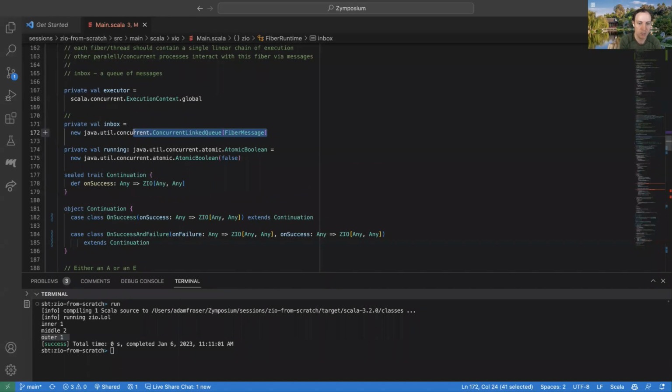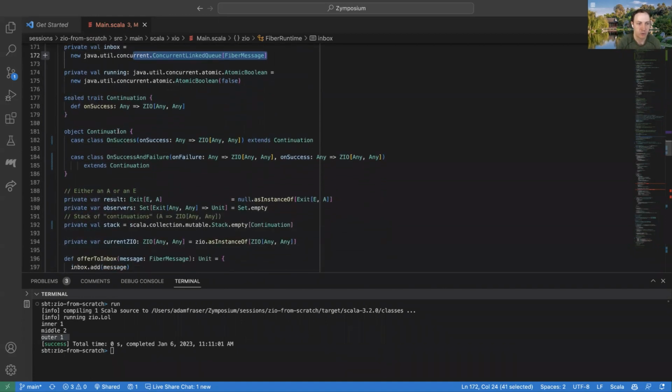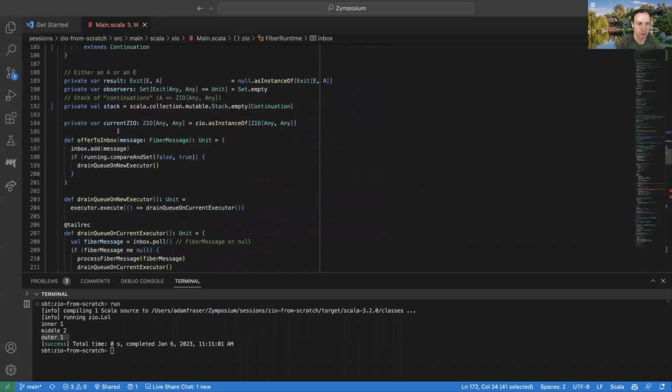So this is going to be our one concurrent data structure that we're going to use here, and we're going to encapsulate all that tricky concurrency logic in one place. The way you communicate with the fiber is you call this offer to inbox message with one of these fiber messages. Going back to an actor, this is like the protocol of the messages that the fiber accepts.